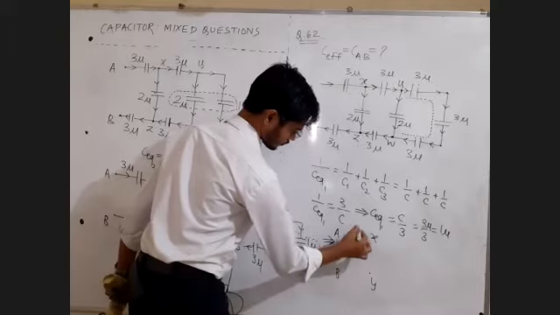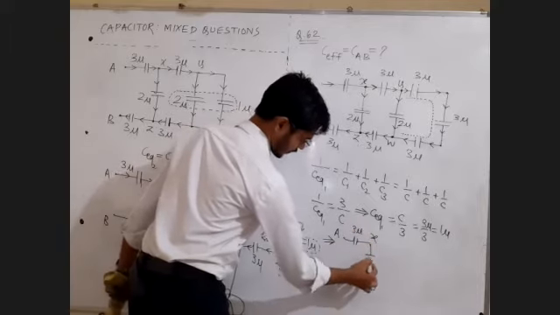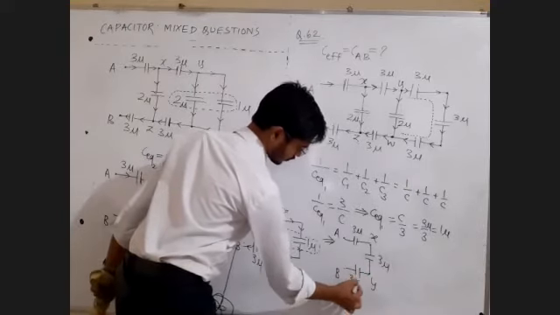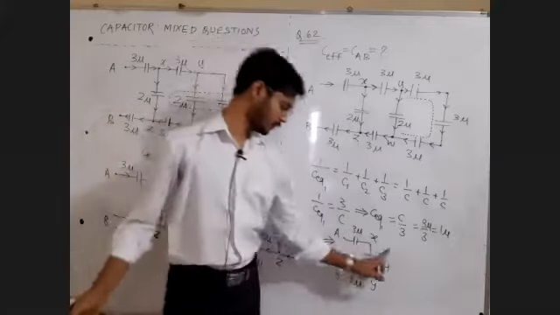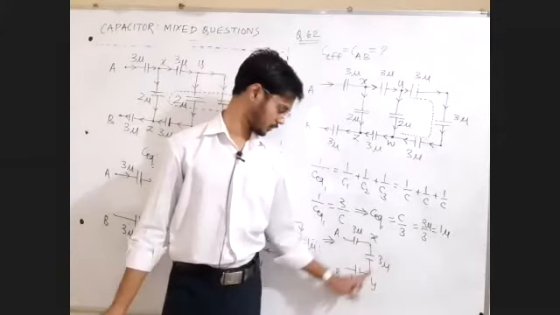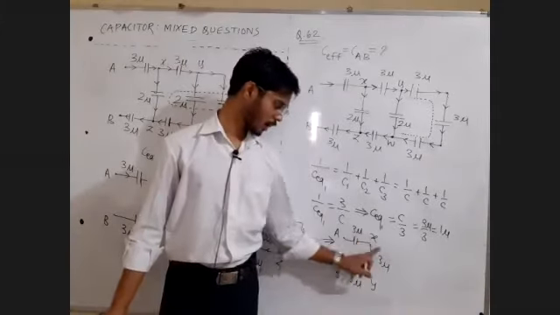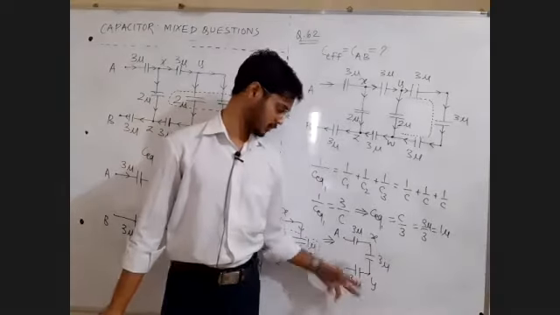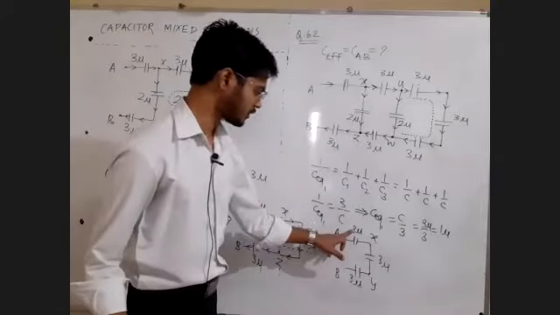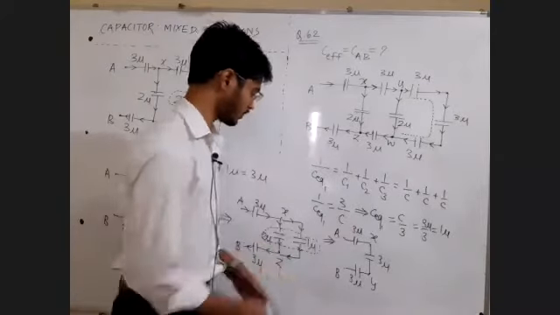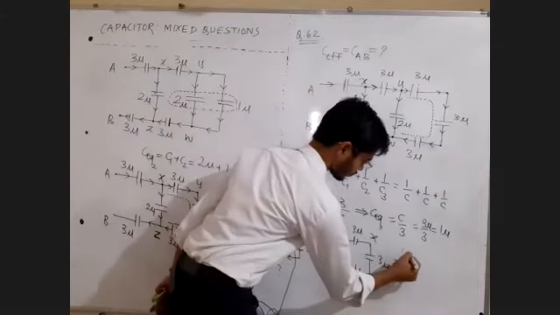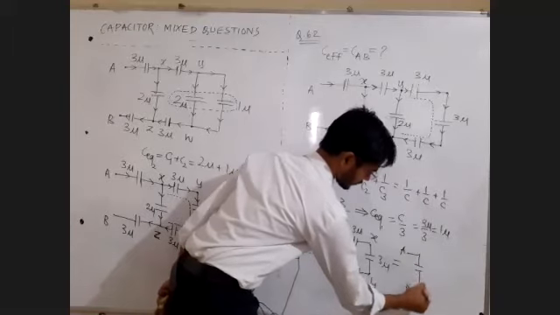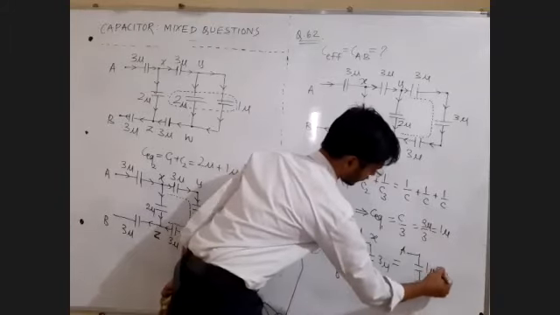Three micro between point X and Y. Again, you will have 3 micro. Here it's already given to be 3 micro. And again, you will realize that 3, 3, 3 in series is like R, R, R in parallel giving R by 3, so C, C, C in series gives C by 3. C is 3, so C by 3 is 3 upon 3, which will be equal to 1 micro. So between points A and B, you will have only a 1 microfarad capacitor, the effective capacity between points A and B.